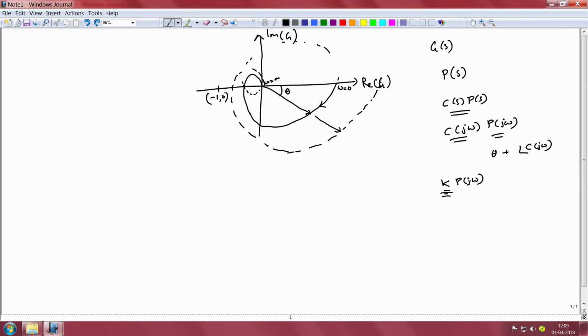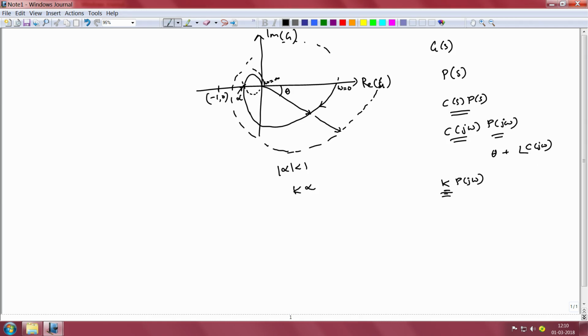To answer this question, let us assume that the point at which the Nyquist plot of the plant crosses the real axis has a gain given by alpha. Now clearly the magnitude of alpha is less than 1, and that is why our closed loop system in this particular case is stable. Now if our controller were to have a gain k, then the new location at which the Nyquist plot of k times p would cross the real axis would be at k times alpha.